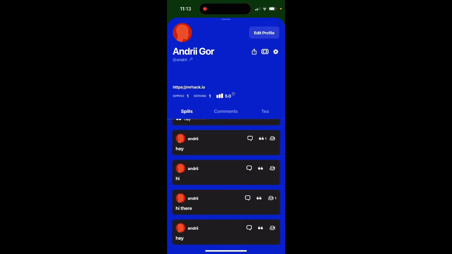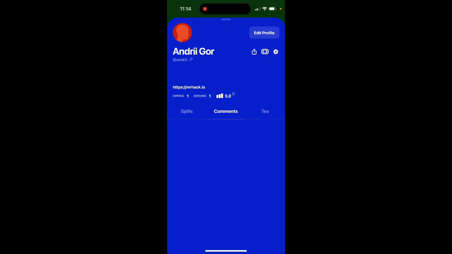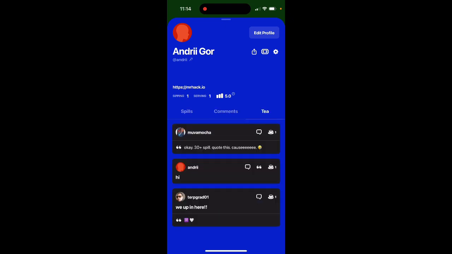So yeah, basically then also you have like these tickets in the top part. So this is your invite codes. So when you're using the app, you can share the invite codes and invite other people. So that's basically the idea. That's how it works. Then you have comments, and then you have T